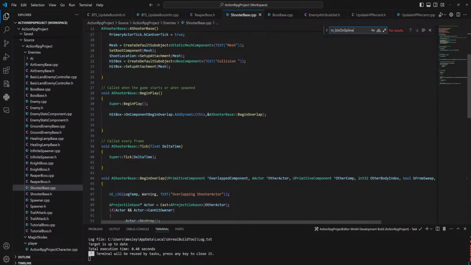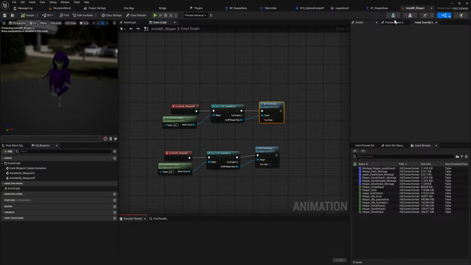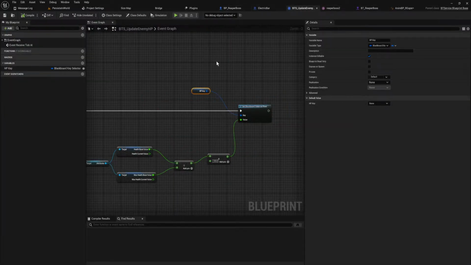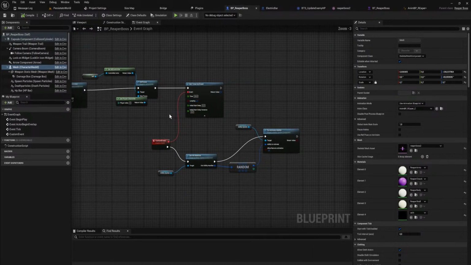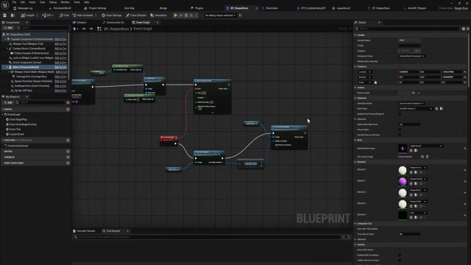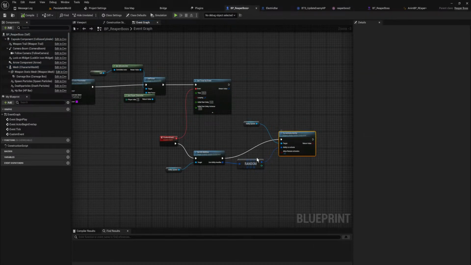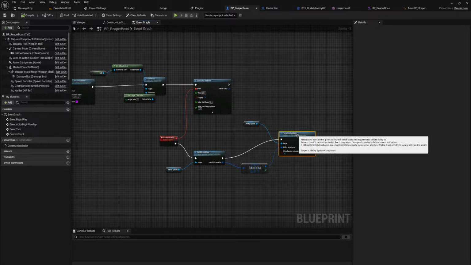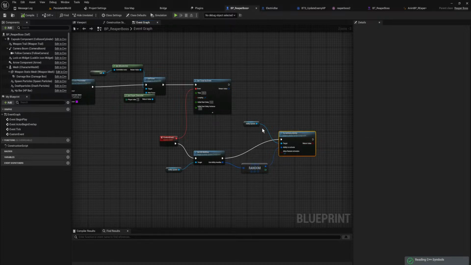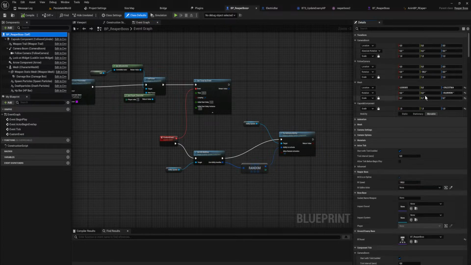No, not even. In his blueprint, boss Reaper, we have in the ability an array of abilities here somewhere.